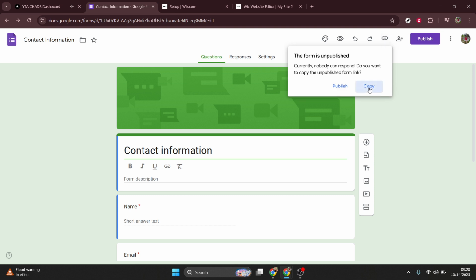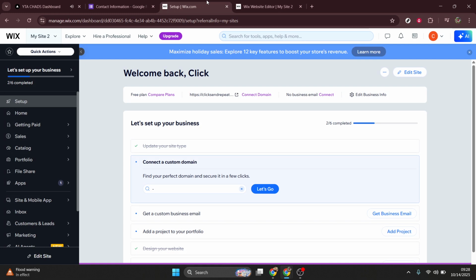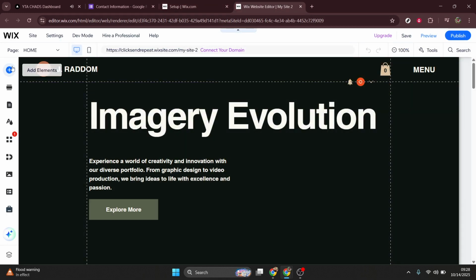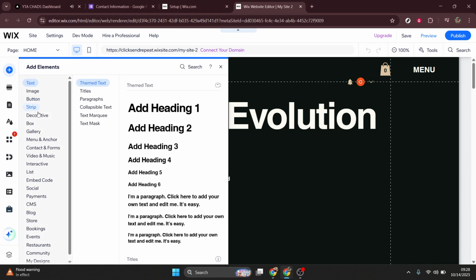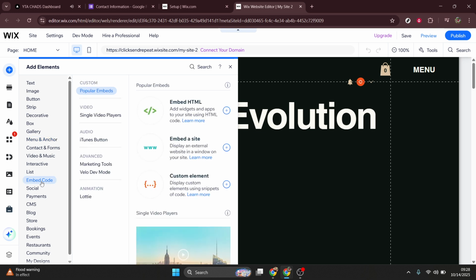Inside the Wix editor, let's add an embed code element. Look to the left toolbar and click on the plus add button. From there, select embed and then embed a widget. Alternatively, you might see an option for custom embeds and then embed HTML, which will work just as well. You'll need to drag and drop the HTML iframe element to the part of the page where you want your